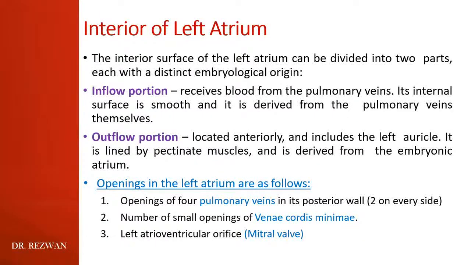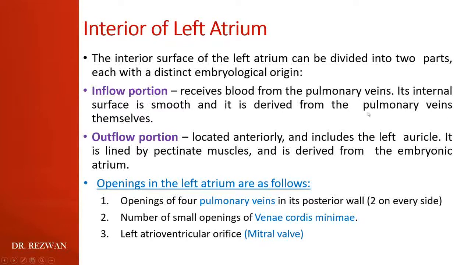Now what is the interior of the left atrium? The interior of the left atrium can be divided again into two parts, the inflowing part and the outflowing part. The inflowing part receives blood from the pulmonary veins. Its internal surface is smooth and is derived from the pulmonary veins themselves, because the inflowing portion of the left